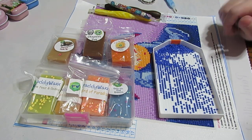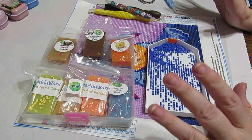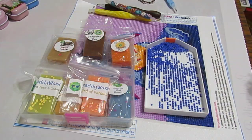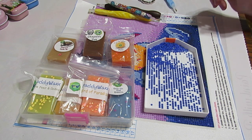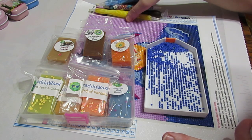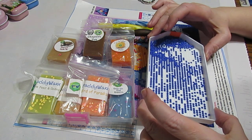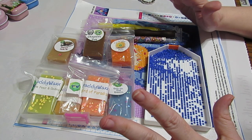I'm hoping that gave you a little bit into how I use it, and very successfully, like I said. And I've done a lot of diamond paintings. Now here's another small one I did. I've done some very big ones. I'm working on a square right now, and I did a large round and small rounds and special shapes, all of them. This stuff works on all of it. So if you're looking for something besides using the pink wax, this is clean, made in the USA, and I like to support